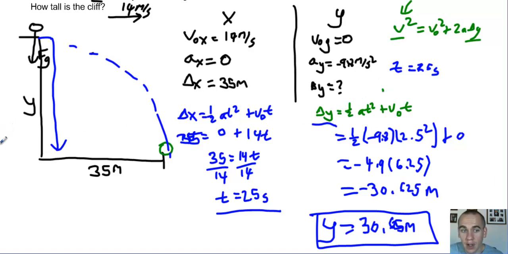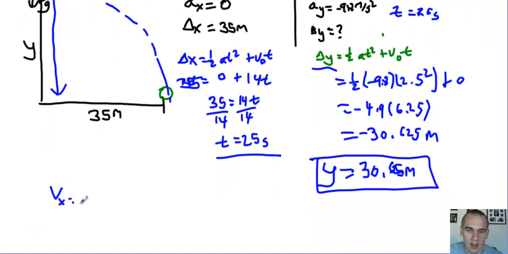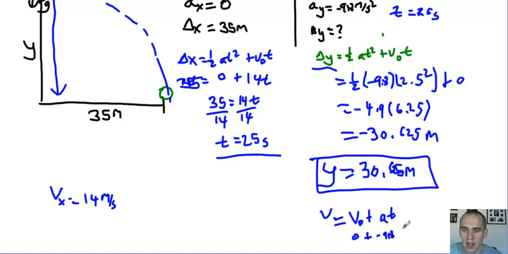In fact, if I wanted to know the velocity of this thing when it hit the ground, I know the velocity in x, it didn't change ever, it's 14 meters per second, and then I can use v equals v naught plus at over here, and I could say 0 plus negative 9.8 times 2.5, and I could come up with how fast it's going over here. It would be about 25 meters per second. So it's actually falling fairly quickly when it hits the ground, but it's not at rest until after it hits the ground. So don't use that final velocity of 0. The only time the vertical velocity is 0 is when the ball is at its